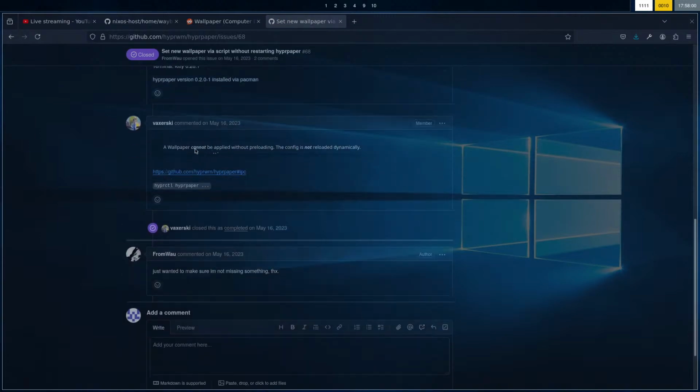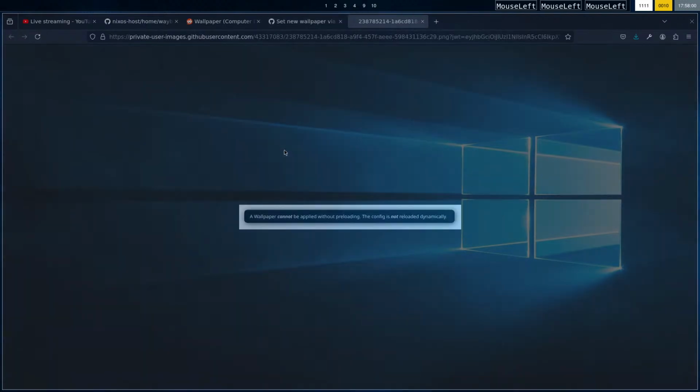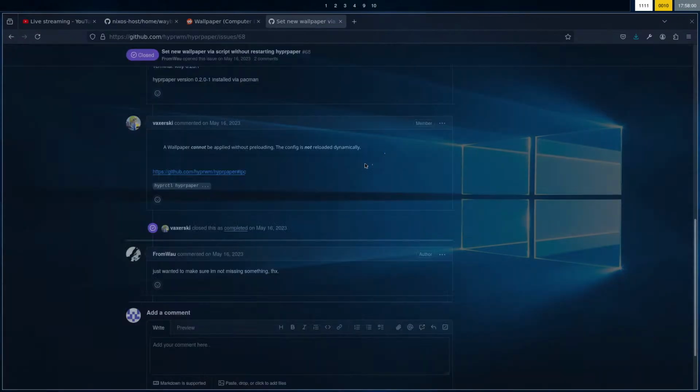Okay. Wallpaper cannot be applied without preloading. The config is not reloaded dynamically. So that really sucks. In that case, I'm actually going to